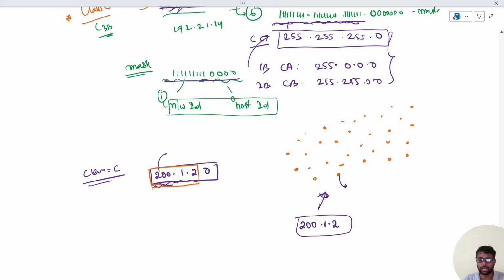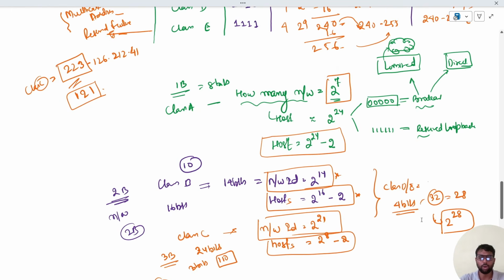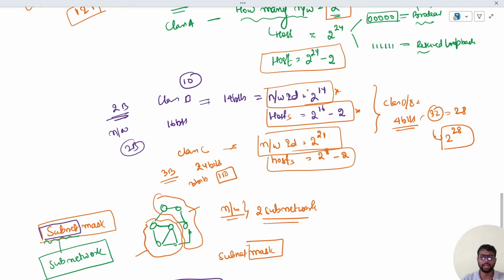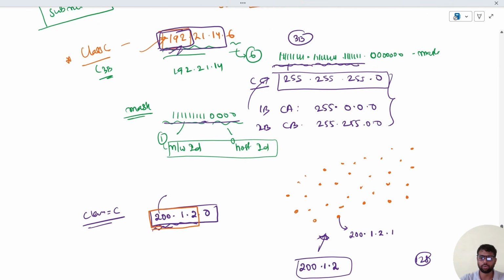अब इसके अंदर हम आएंगे तो इस डिवाइस का अगर हम मान लो आईपी एड्रेस निकालते हैं तो 200.1.2 डॉट इसको मैं बोल देता हूँ 1, यानी कि पहला डिवाइस है इस नेटवर्क के अंदर। सिमिलरली बाकी डिवाइस भी। How many hosts can we address in class C? In class C, we can address 2 raised to the power 8 minus 2. So 2 raised to the power 8 is how much? 256 minus 2 is how much? 254. So total 254 different होस्ट को हम यहाँ पर एड्रेस कर सकते हैं।